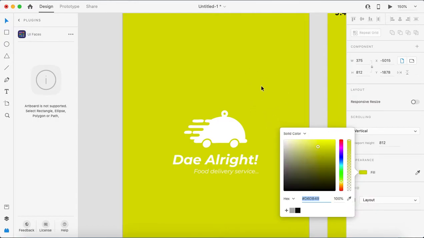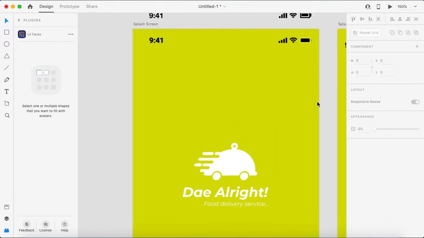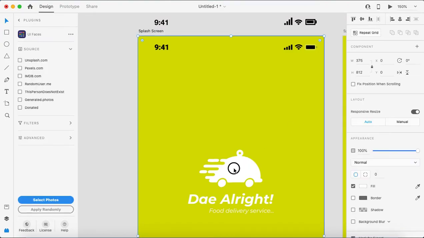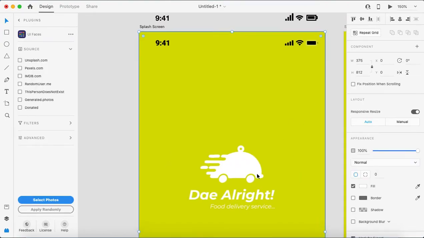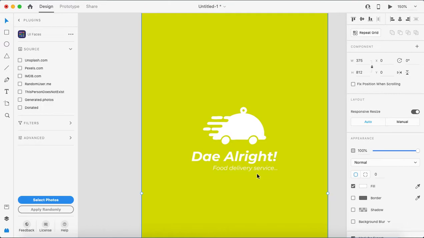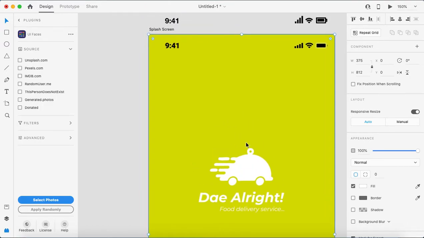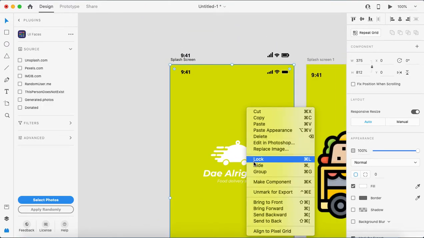I'll capture it and click on add. So wherever I want to use the same color, I can just click on it. Okay, so now this color has been applied. Perfect. Now I'll lock it, right click, lock.